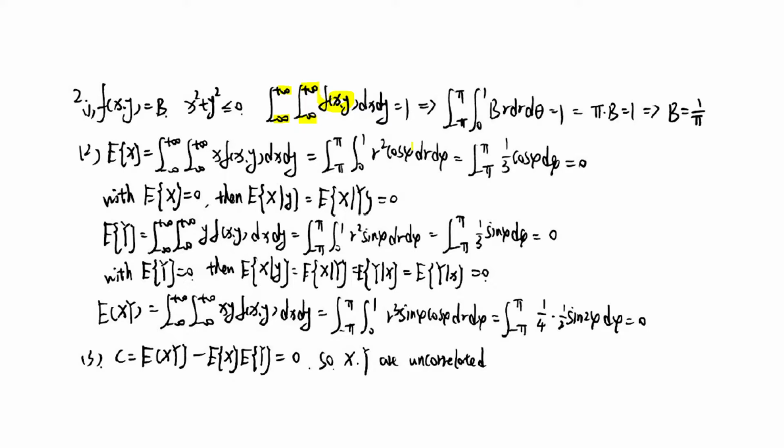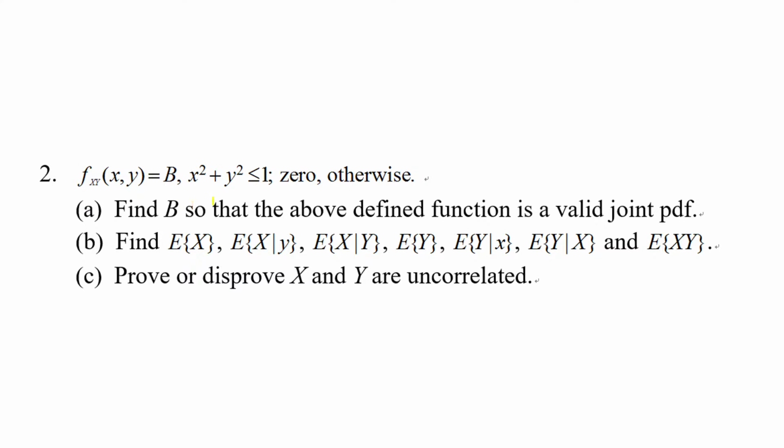And in this question, just like I said before, x squared plus y squared less than or equal to 1 is referred to as a circle, and actually we don't have to integrate f(x,y) from negative infinity to positive infinity, we just need to integrate f(x,y) in this circle, and